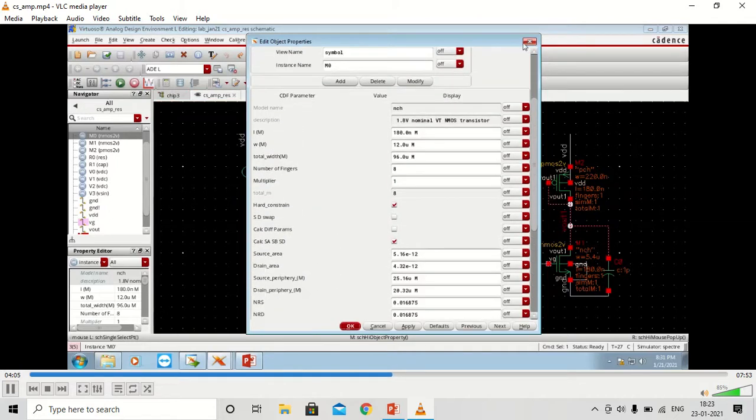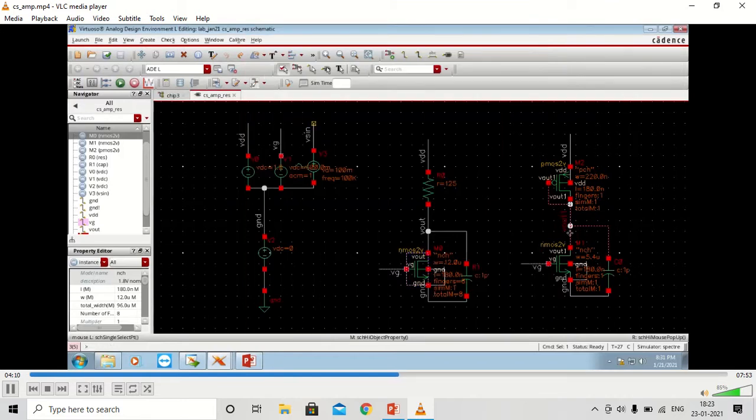This is the MOS sizing that I've used, since for CMOS circuits we cannot use a large value resistor because it takes a lot of area. The gain is defined by the product of the transconductance of the MOS and the load. So either we need to increase the transconductance by increasing the width of the transistor, or we need to increase the resistance, that is the load.